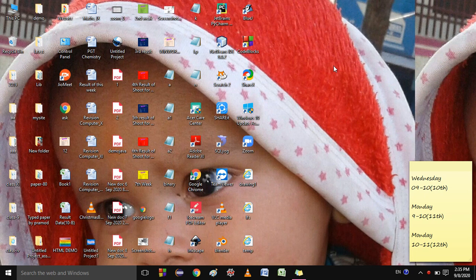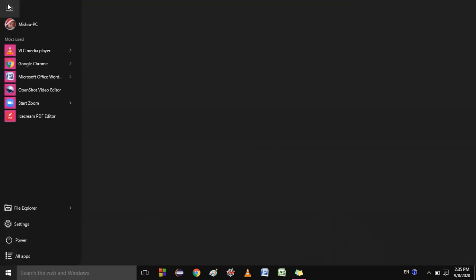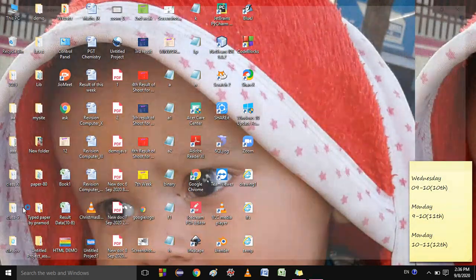To create a new folder, the first step is, in the navigation pane, click the folder in which you want to create a new folder. So first, I want to open File Explorer. I explained two ways to open File Explorer. First, you can press the Windows button plus E, and the second way is to press the Windows button and click on this. You will get the File Explorer option over here.